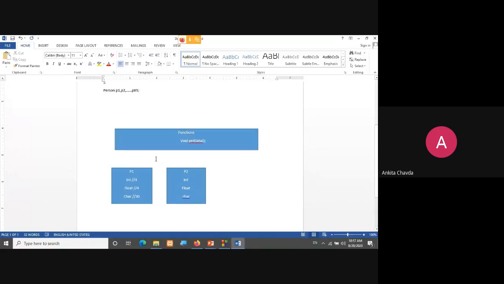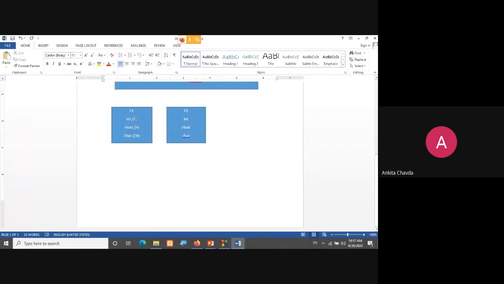So again, P3 would be a block, P4 there would be a block, P5 and P65. So different memory will be occupied for the different objects, because all the object details are different. So P1 is not having any relation with the P2. So each and every object is separate. They are not connected with each other.